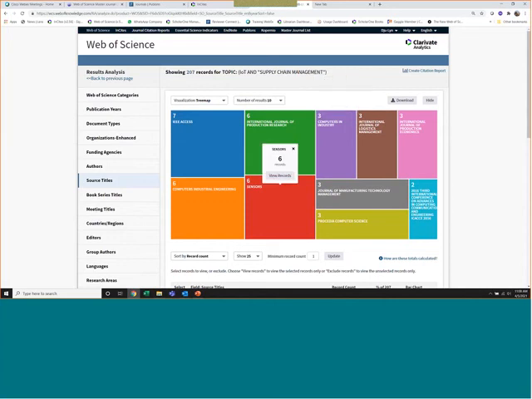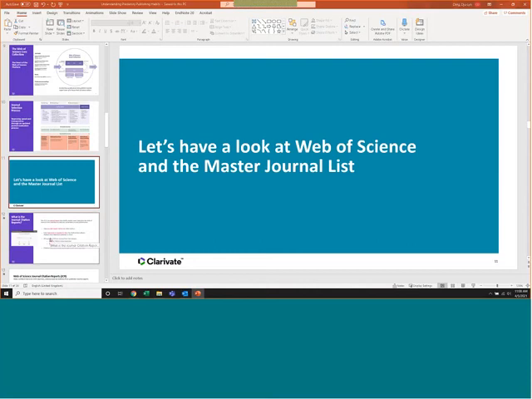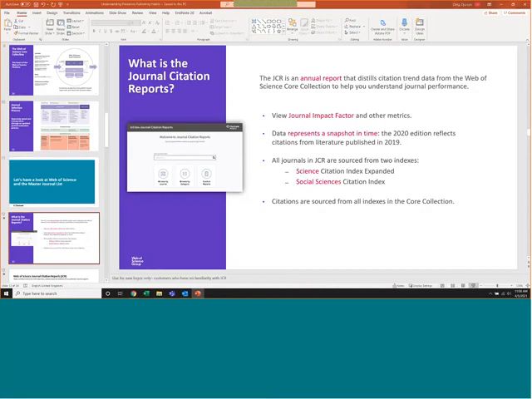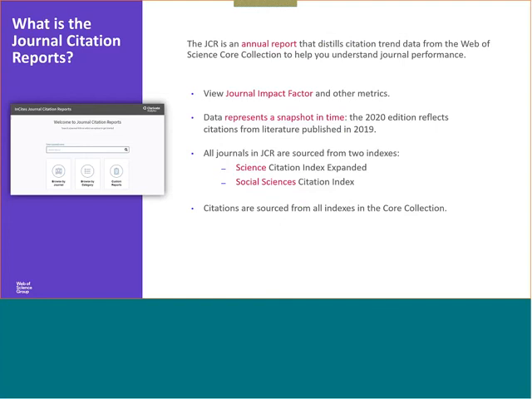Now going back to my slides, the next thing is Journal Citation Reports. So what is Journal Citation Reports? It is a report that we publish annually in June, and this is the home of the journal impact factor. If you see any major publishers' websites like Springer, Wiley, Taylor and Francis, Wolters Kluwer, their journals will have corresponding impact factors if they have.